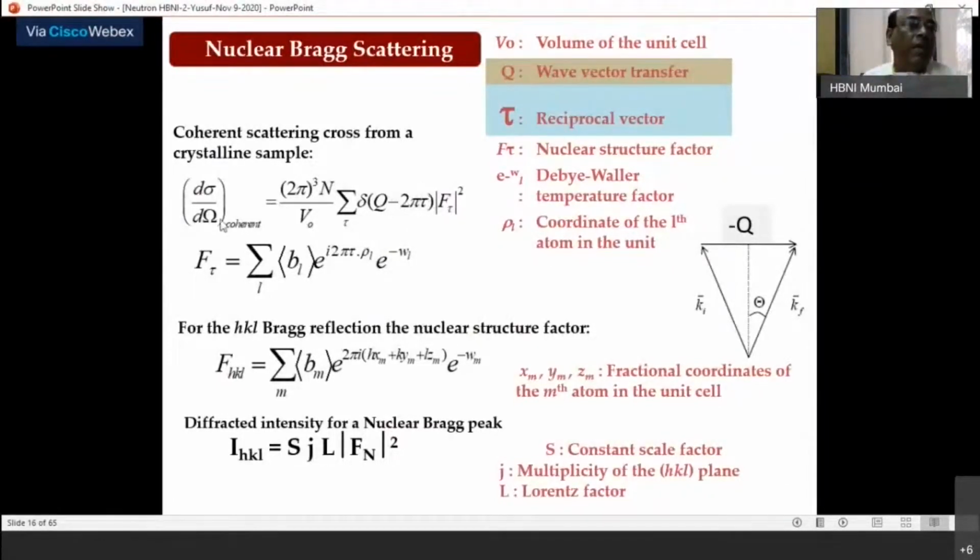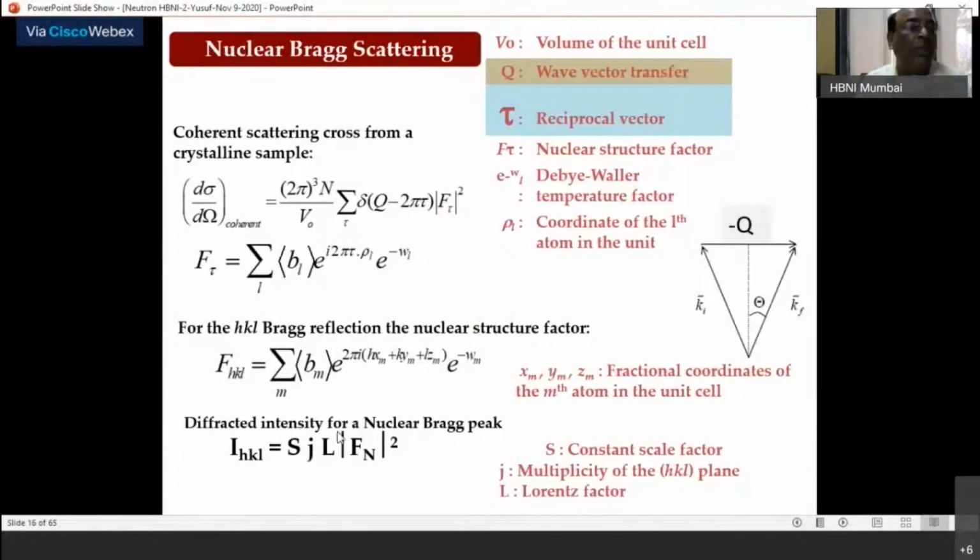So what I essentially say is, differential scattering cross section is proportional to this structure factor mod square. And the structure factor I have already defined, with slightly different notation. This is for only the nuclear case. B is the scattering length, this is your phase factor, this is all the positions, and this is our tau, the reciprocal lattice vector. Once again, you see the detailed expression. Now, differential scattering cross section, I said it is the mod square of this.